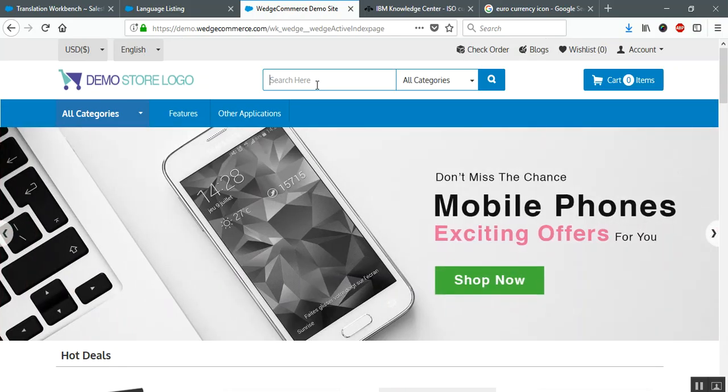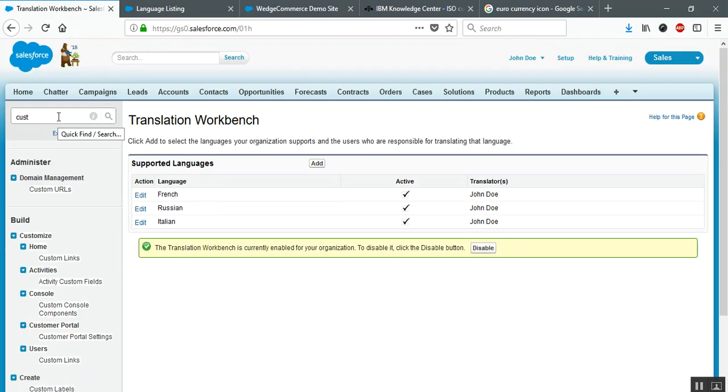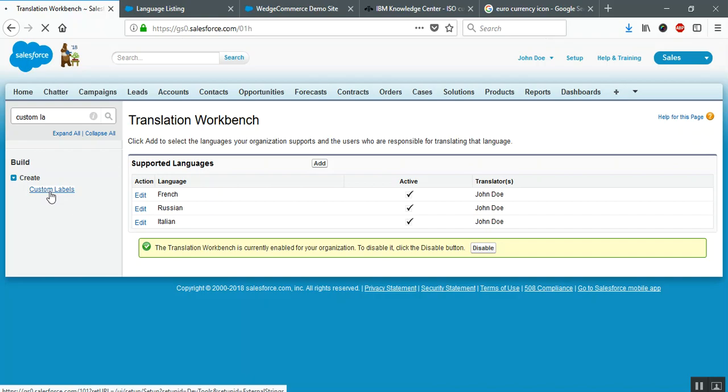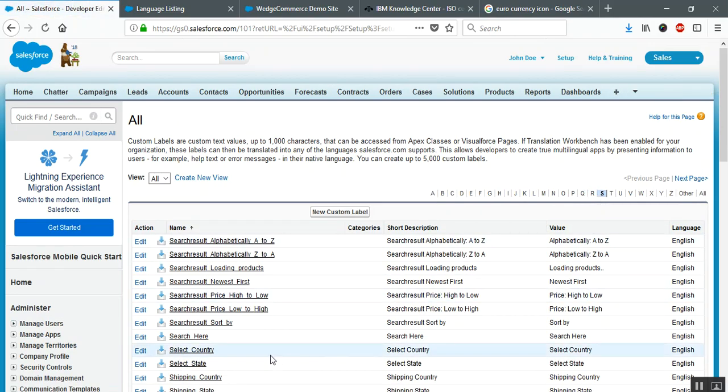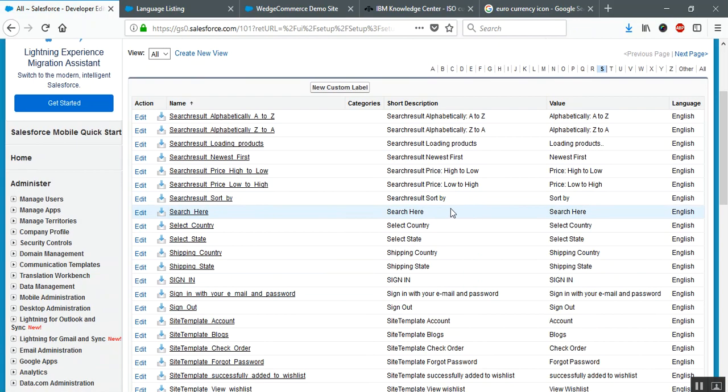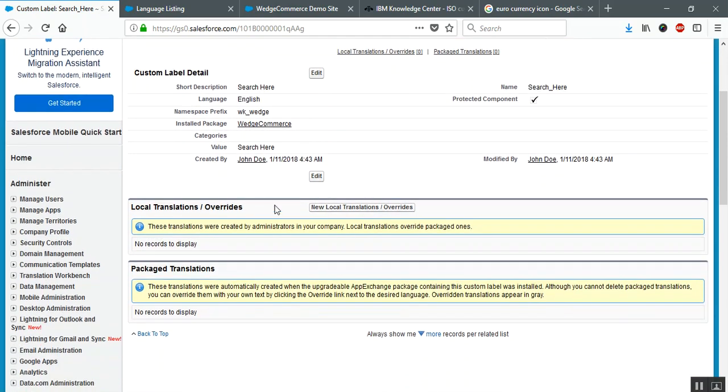Translation Workbench settings. So you need to use this text and go to custom labels. Once you enable this Translation Workbench functionality, just search for custom labels. Under custom labels, you need to search for Search here. Just click on S, and over here you can see we have a custom label for Search here. You need to click on Search here. As you can see, it is allowed for English. So if you want to convert it into French, say, you need to just